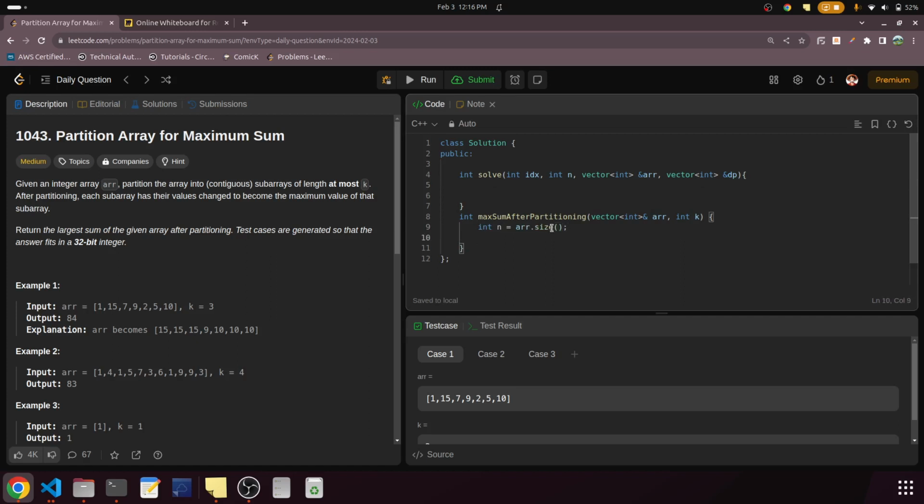Okay, now we did array size. Then what we need? Vector int dp, n comma -1. Okay, so we are initializing a dp vector with n comma -1, and then